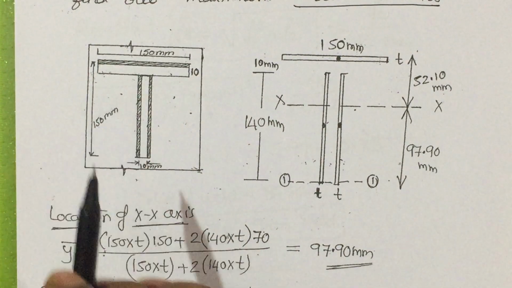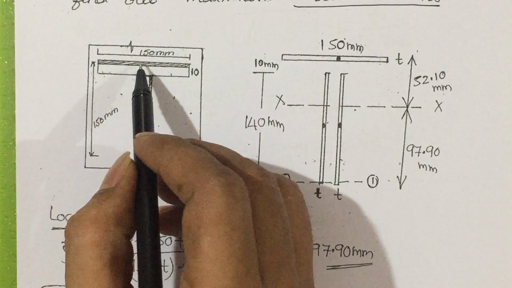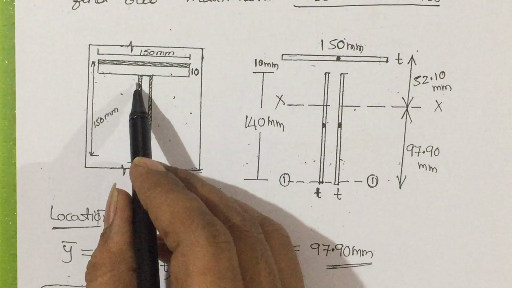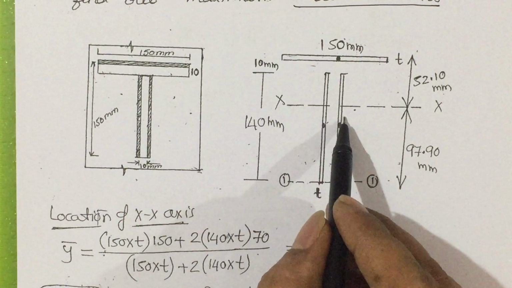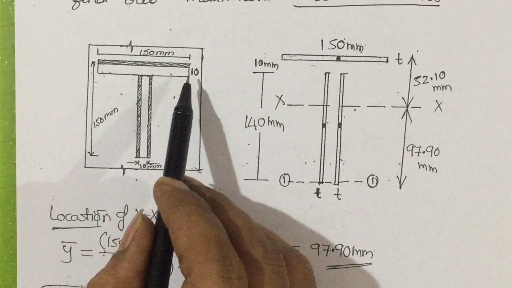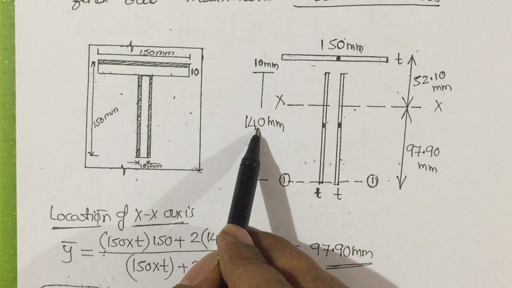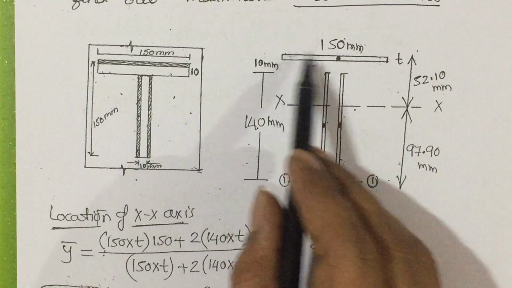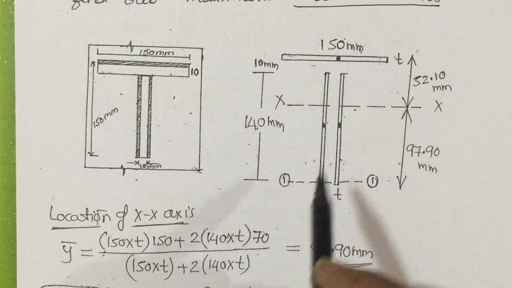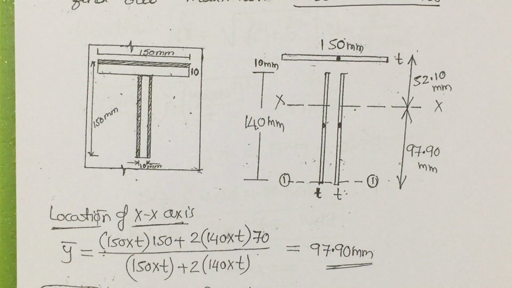It is the given problem, all the dimensions are given. We need to write down only the weld. This is the weld, so write it down, and here it is a weld, here it is a weld. Then if the total is 150, what about this size? 150 minus 10, that will be 140 mm, and here it will be 150 mm. Thickness is T. This is the thickness of the weld.